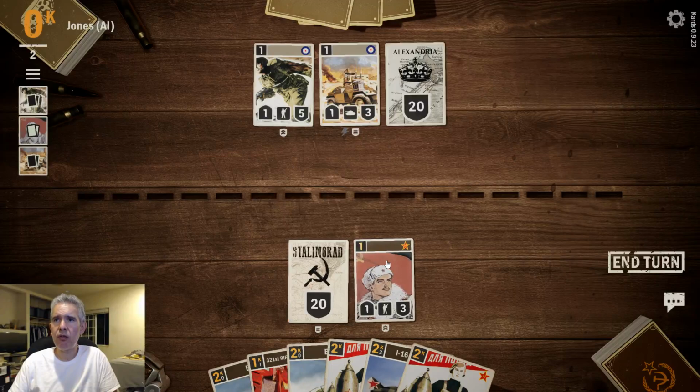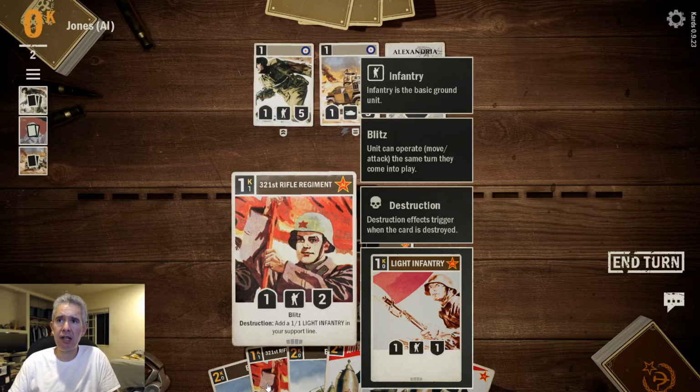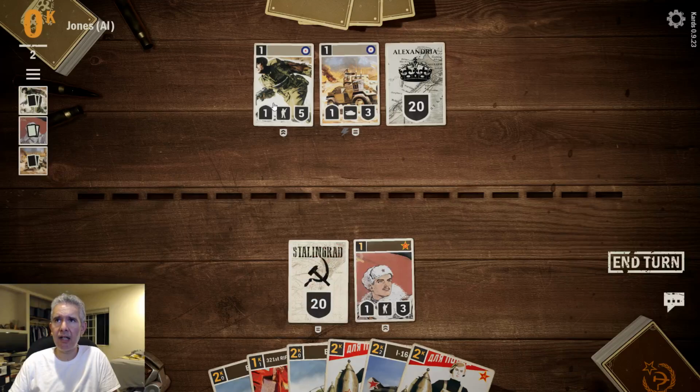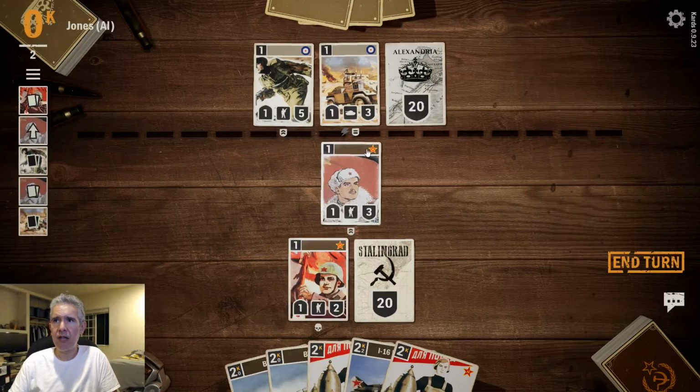Now, we could move him up, but if I move him up, that means I only have 1 credit available. And let's see, I could do this, I guess, instead of playing that. And I would take the front line. He can't contest, so let's do that. It takes credit. We're going to do this. So now I can't attack, but right here, as long as there's no...